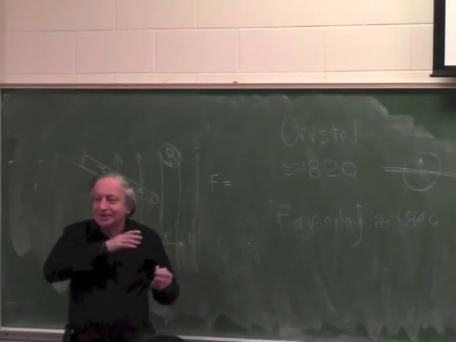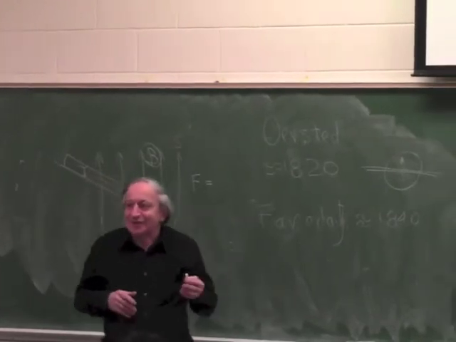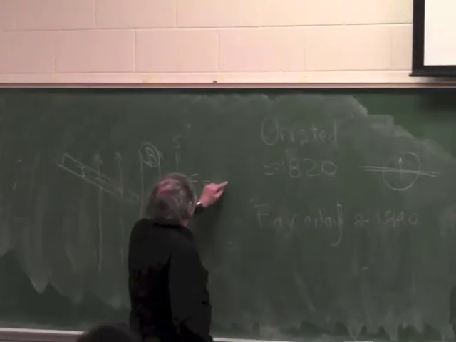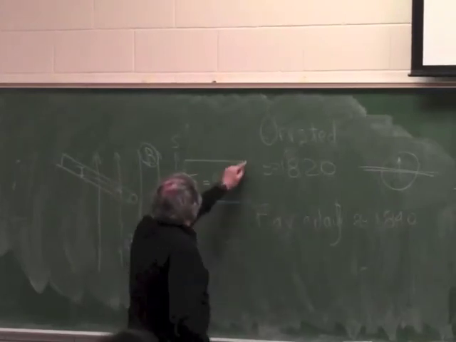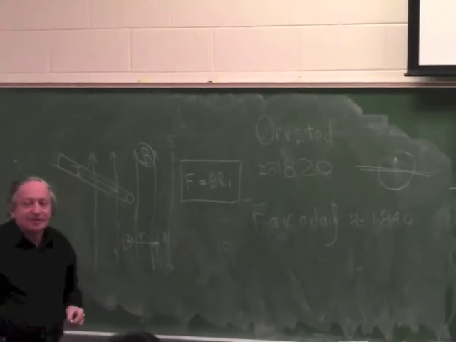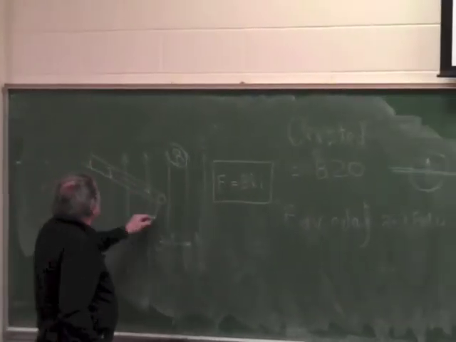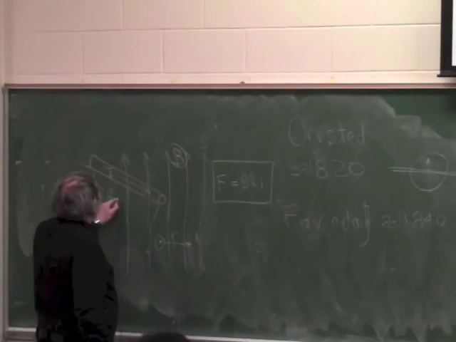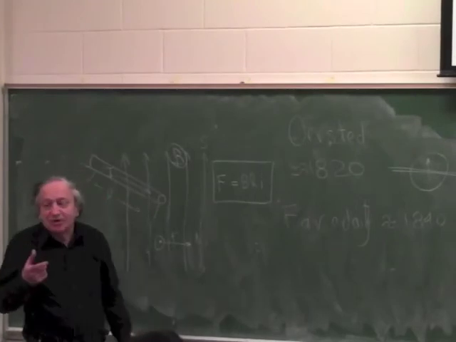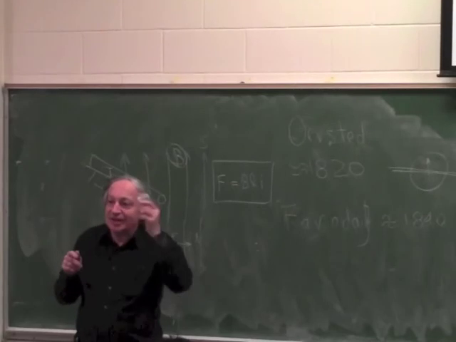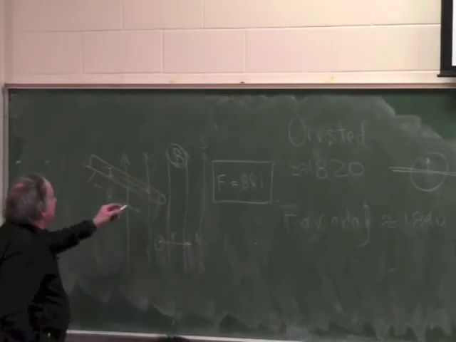Come on, you did it 100 times in Physics 101. Very good, BLI. The force is BLI, and this you are required to remember. Now, L, if there is one L, this is L. If there is one L, the force is small, because L is short, but you can wind the wire many times. So if you wind the wire many times,